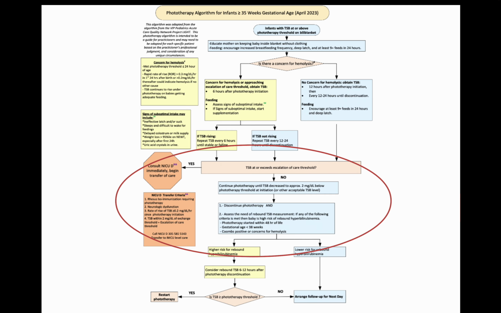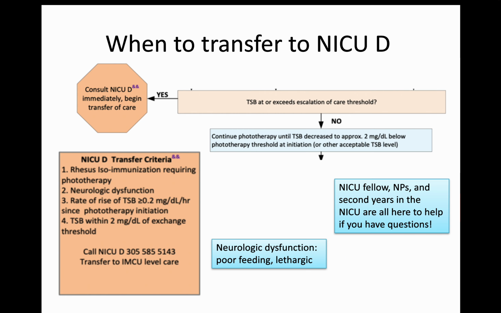Now, when do we transfer to NICU-D? So criteria for NICU-D transfer is if our babies are Rh negative, so Rhesus isoimmunization requiring phototherapy. Most of the babies in our unit that end up being Coombs positive happen because they have ABO incompatibility. So that was when mom is O positive, and then babies are either A or B. If they are Rh negative requiring phototherapy, they are at higher risk for hemolysis, so that's why we'd want to